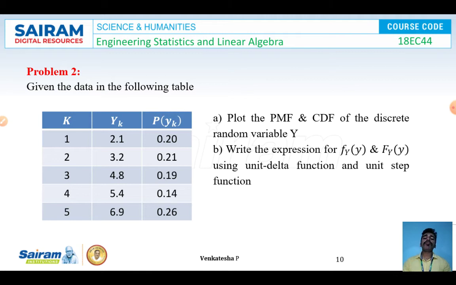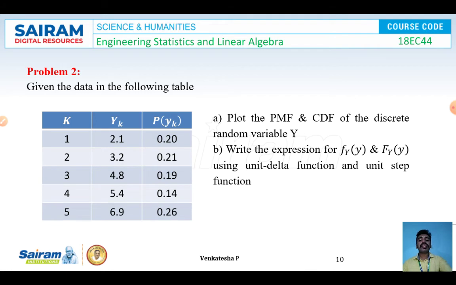Now before plotting PMF and CDF, I'll be explaining how to calculate the CDF. At the point y_k equal to 2.1, the CDF will be the same, 0.20 only. But at the point 3.2, we have to add the previous one and present one, so I'll be getting 0.41 after adding these two. At y equal to 4.8, we have to add the previous two with the present one, that is 0.19 plus 0.21 plus 0.20, we'll be getting the value